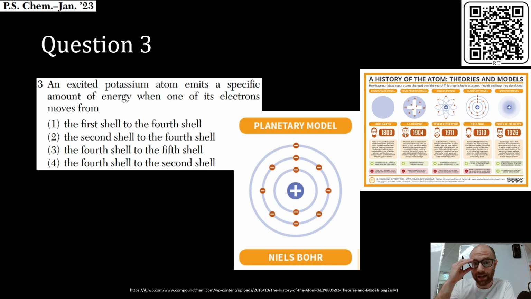When talking about atoms emitting energy, especially when electrons are transitioning in levels, the first shell is the one that's closest to the nucleus, second, further away, and third, even further away. And as you get further away from the nucleus, the electron is overcoming the attraction to the positive nucleus, so the electrons that are further away have to have more energy than the ones that are closer. And the only way that motion occurs is through either absorbing or releasing energy. So we're looking for emit, which is the same thing as release, and that would be moving down. So from a higher number, a bigger number, to a smaller number,